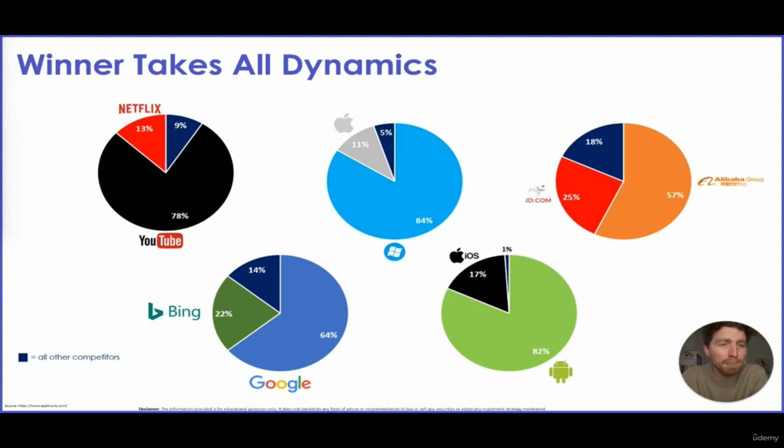On the top right, you see e-commerce in China. Here, the two biggest players are the Alibaba Group with nearly 60% of market share and JD.com. Then you have a distribution of smaller players which make up about 18%. But if you combine Alibaba and JD.com, they again make up more than 80% of the overall market share